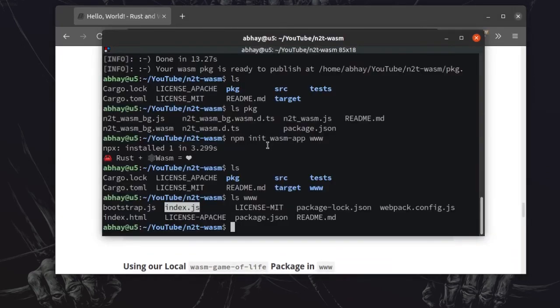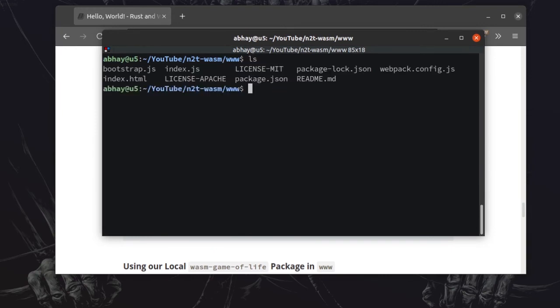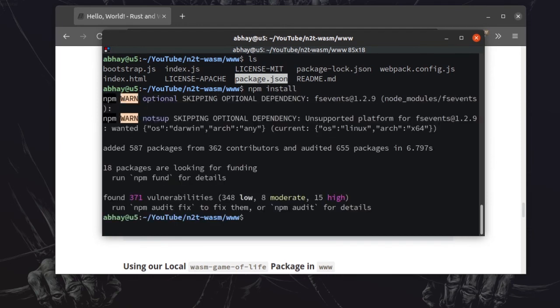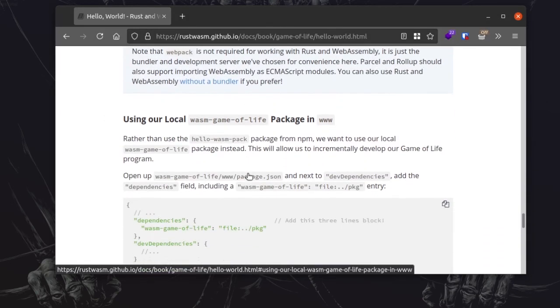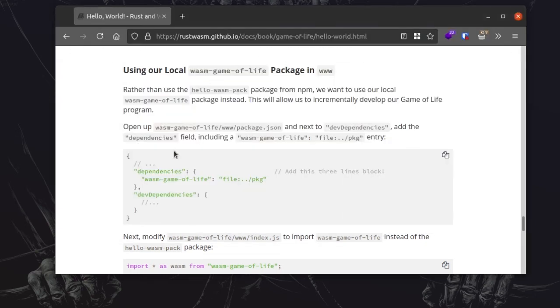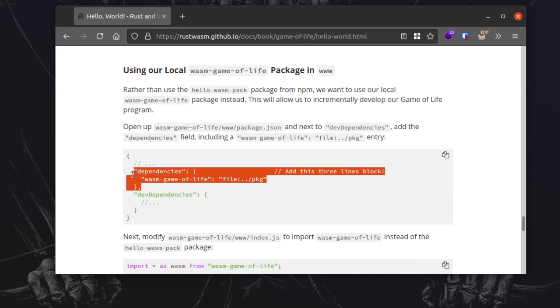In this directory, we have something called package.json, which contains all our dependencies. So in order to install those dependencies, we will say npm install. This will fetch all those JavaScript packages and install them for us. And once that is done, we will add a new dependency. At this moment in time, this JavaScript project in www is not actually linked to our WASM stuff. So in order to link that, we will add a few lines into our package.json file